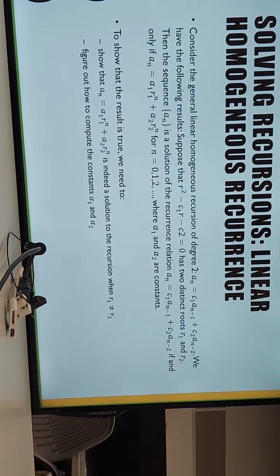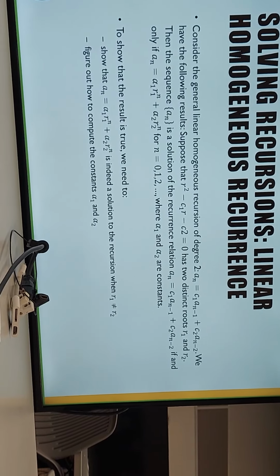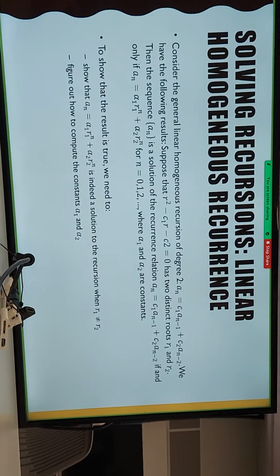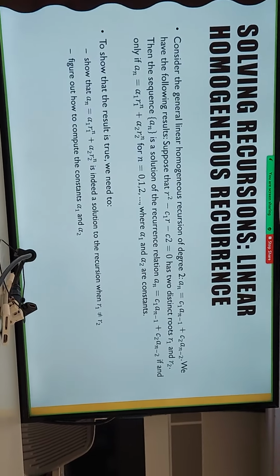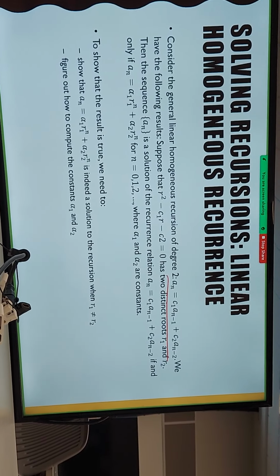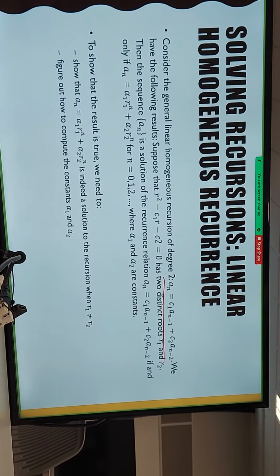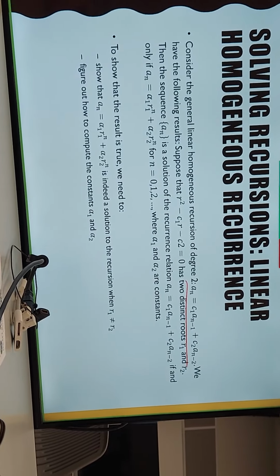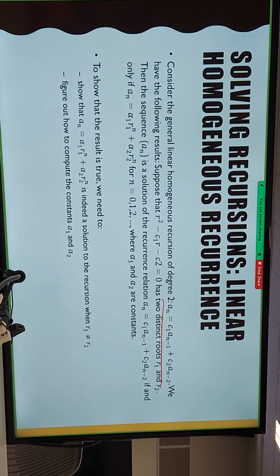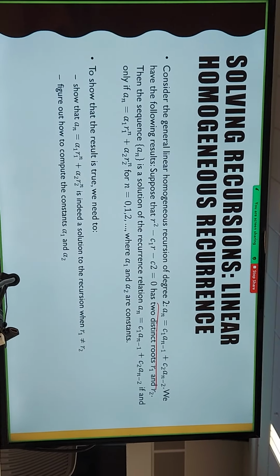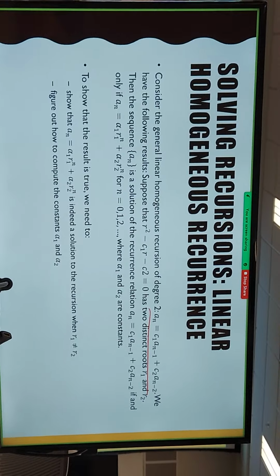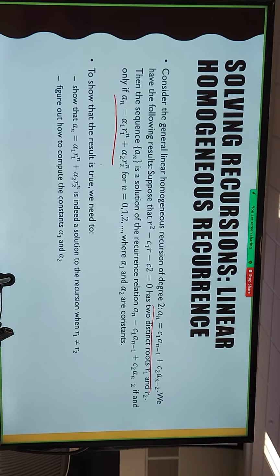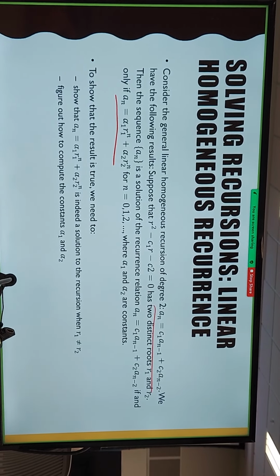A very special case is when the degree k equals 2. In this case, we have a_n equals c_1 a_{n-1} plus c_2 a_{n-2}. This is a special case of the linear homogeneous recurrence. With this case, we have a simpler closed form solution. If we have this form, then the solution for the recurrence will be a_n equals alpha_1 times r_1 to the power of n